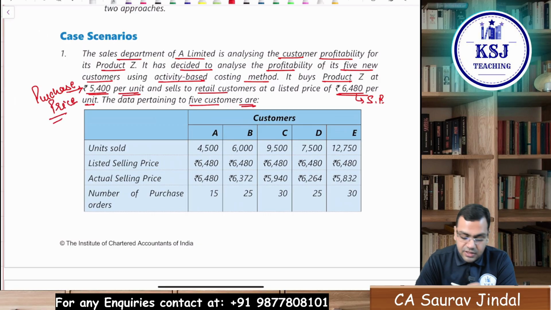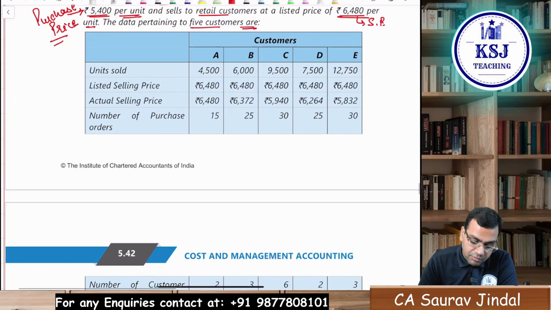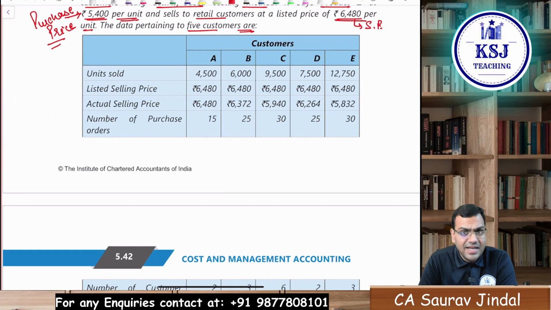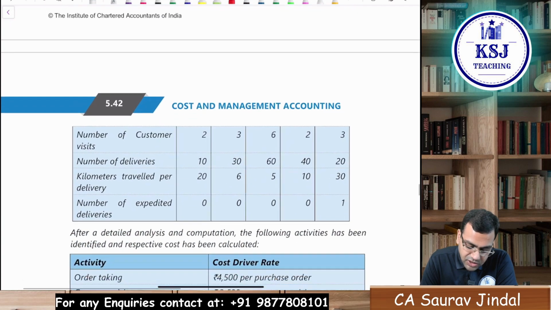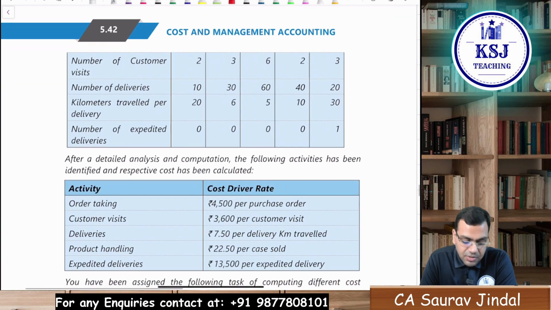Fine. The further data given is the number of units being sold to A, B, C, D and E, the 5 customers. Listed selling price is what? The actual selling price is what? That means we are giving a discount to some of the customers. So what is the actual selling price? Then the number of purchase orders, number of customer visits, number of deliveries, kilometers traveled per delivery, number of expedited deliveries